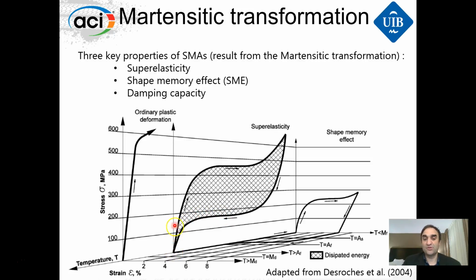So we can load and unload, go to 8% strain, that's a lot, and go back to 0 strain. All of this area here, because there is a certain hysteresis in this process, is dissipated energy. So this is going to be a very good property for recentering and for dissipating energy in earthquakes